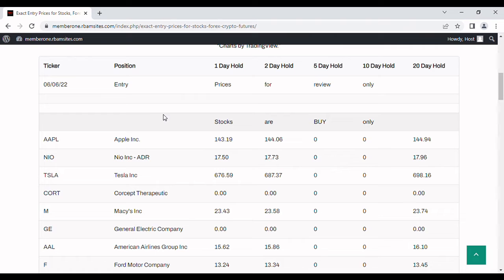So that's what rbamresearch.com does. We deliver to you every morning by 7 a.m. these algorithmically generated prices. So if we took a look today to see how this works, if you wanted to